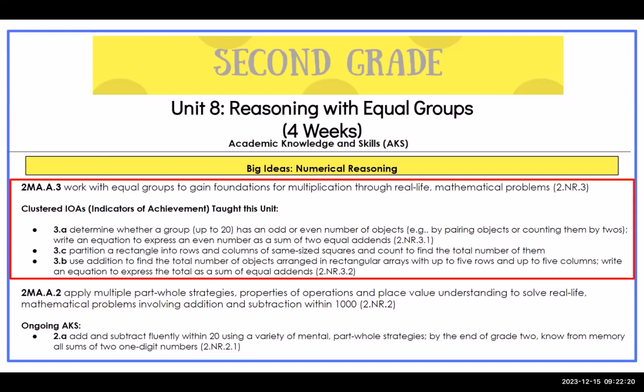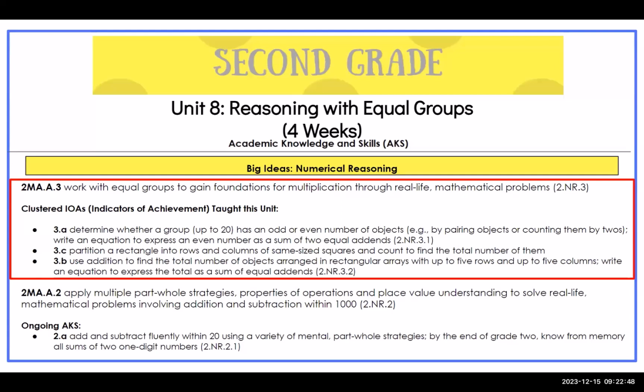They will also write an equation to express the total as a sum of equal addends. This IOA involves students using numerical reasoning to find the solution to multiplication problems through repeated addition with solving real-life problems. It is important for students to build models and work with representations involving arrays of no more than 5